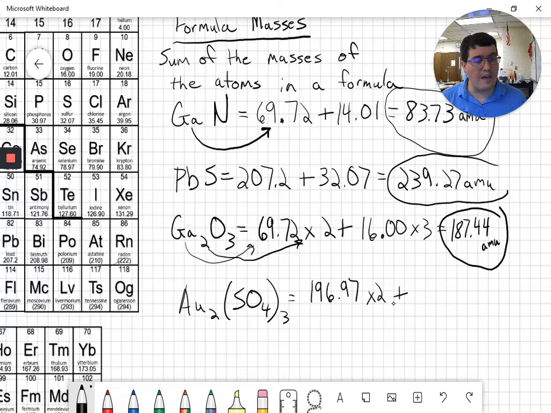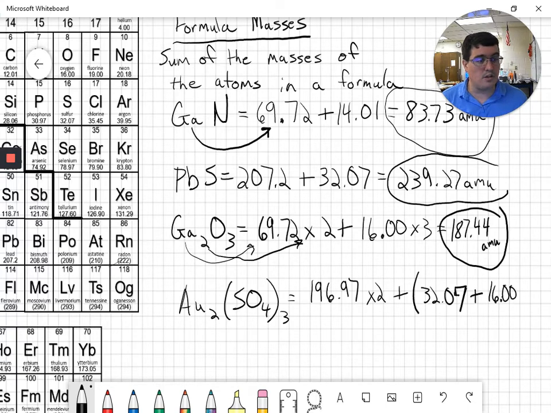well, shoot, I've got all this, right? What do I need to do? Well, I'm just going to write it like it is. I'm going to open my parentheses out, and I'm going to write sulfur. Sulfur is 32.07. And there's only one sulfur there, so I don't have to worry about multiplying that one by anything. Plus